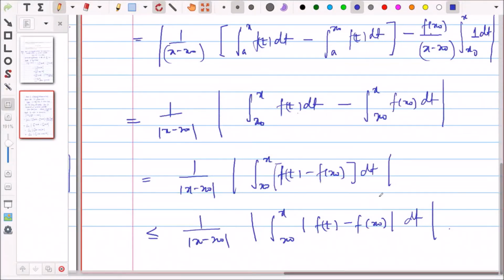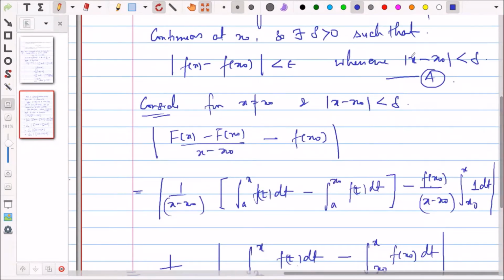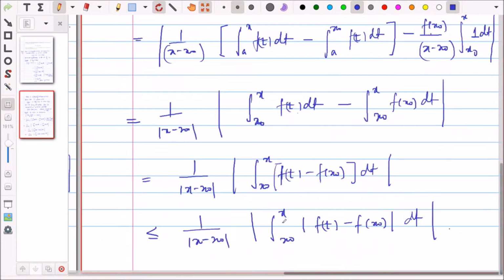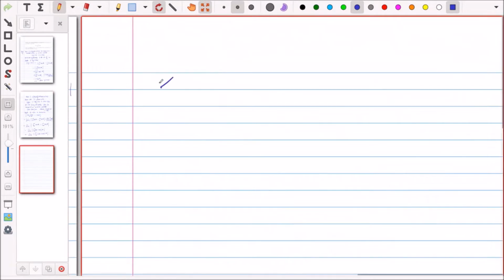Yes, sir. और फिर यहाँ से क्या हो जाएगा, जो a पार्ट है अपना, a में क्या है, whenever there is an x whose distance is less than delta from x naught, then the distance between their images is less than epsilon. So हम a में t से t को replace कर सकते हैं, and we can use a here. So using a, what you will get is 1 by x minus x naught to x epsilon dt. So what we have used is using a